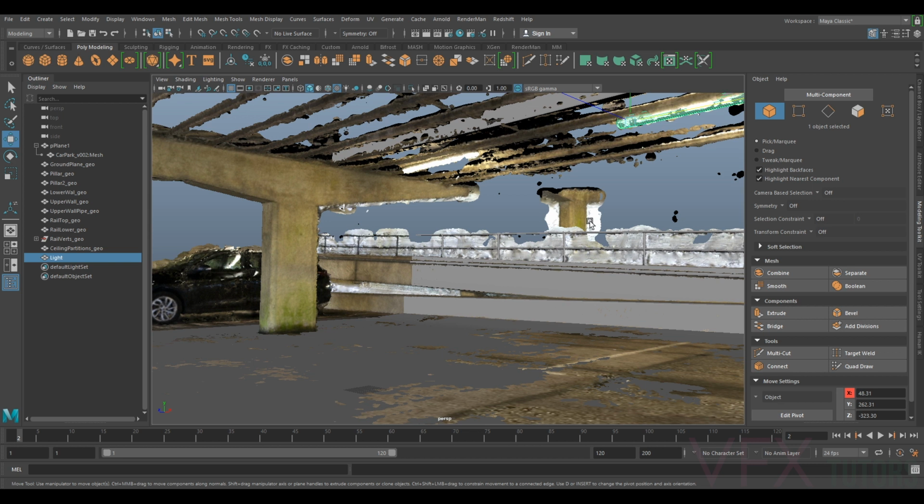So we're going to now move on to the next part, which is going to be UVing all our geometry. Then we'll duplicate it over. Then we should pretty much be finished. Then we'll go on to the